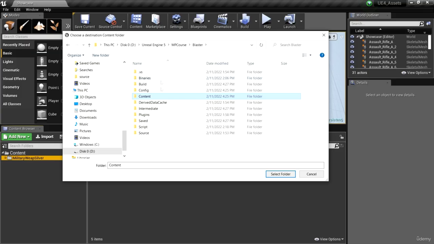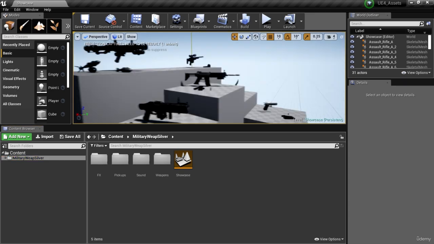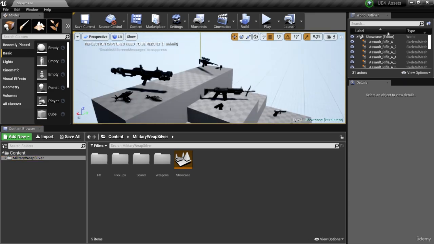You can't select any other folder. So I'm going to select that folder, and I see that the content migration completed successfully. But now that I have these assets, I'm ready to add some environments. So we're now ready to add more assets, and I'd like to add the Unreal Learning Kit, which contains environments